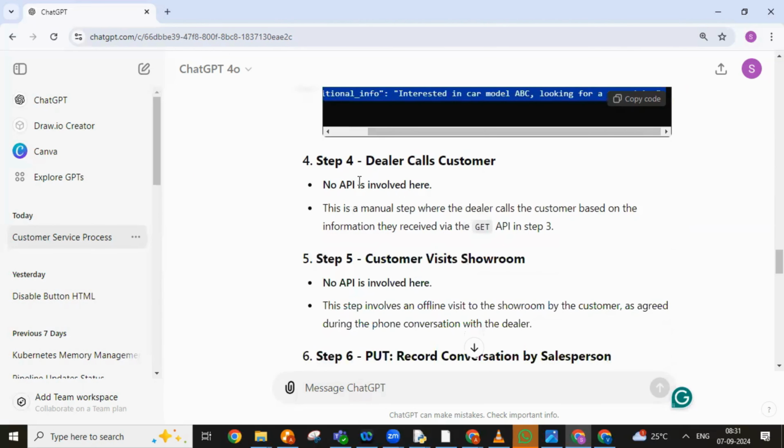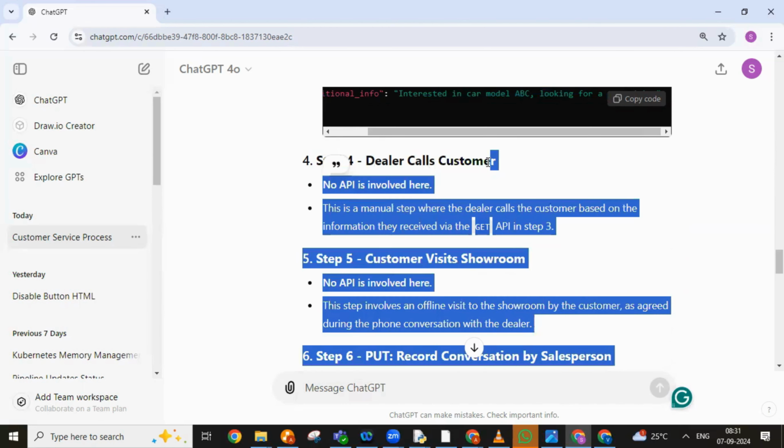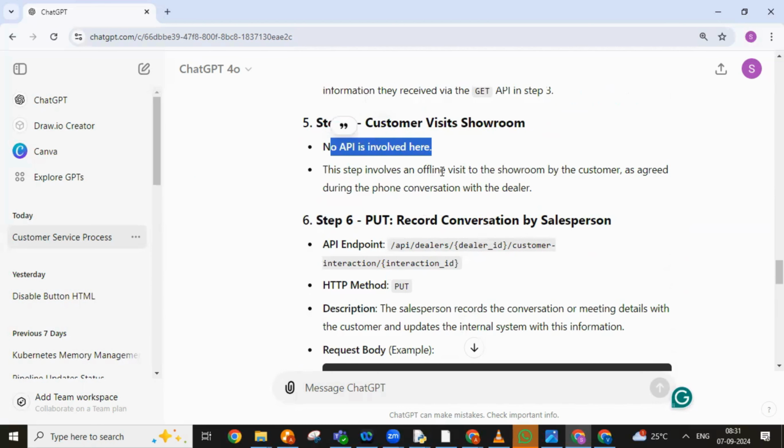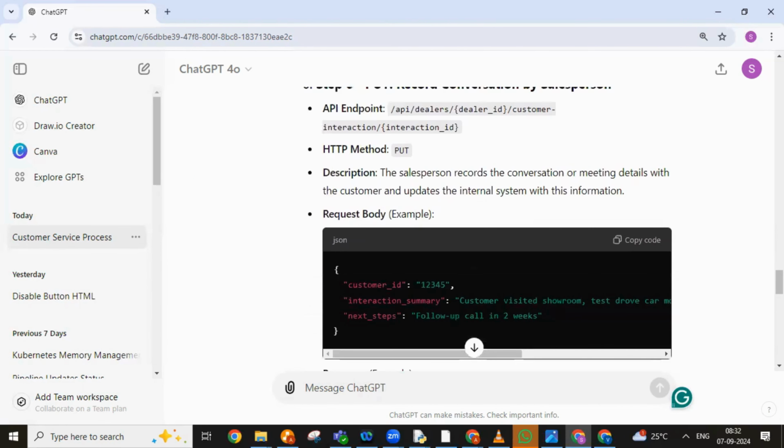Okay, next. Step number 4, no API is involved here because dealers make a normal phone call. Next, customer visits the showroom, no API is involved. This step involves an offline visit to the showroom by the customer as agreed during the phone conversation with the dealer. Next, step 5,